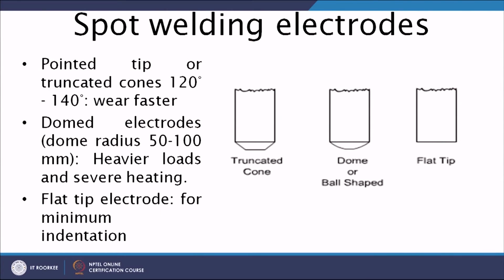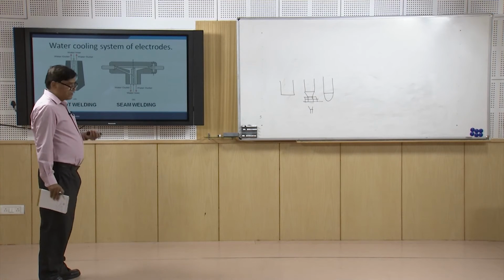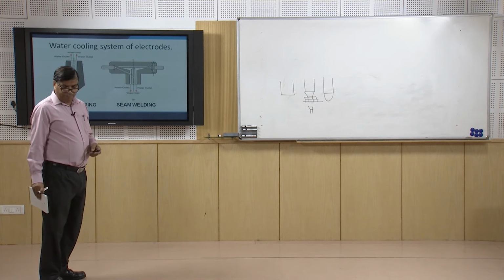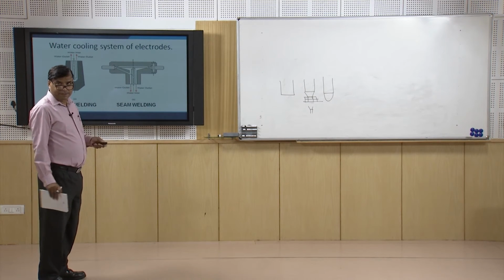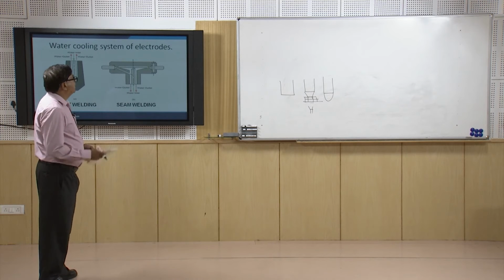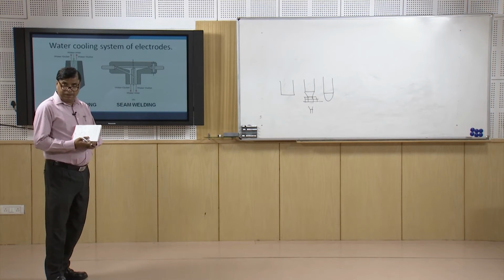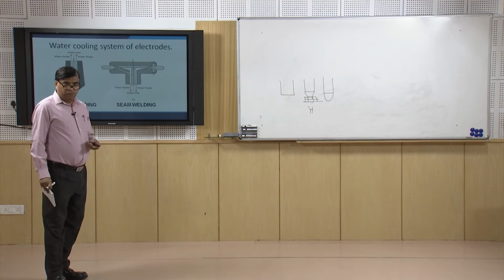So, the dome shaped electrodes are used for the heavy load and whenever the severe heating conditions exist, and in the flat tip type of electrode, the entire surface comes in contact with the surface of the workpiece. This type of electrode causes the minimum indentation of the workpiece surface. Then the electrodes, since the heavy current is handled by the electrodes, these are mostly